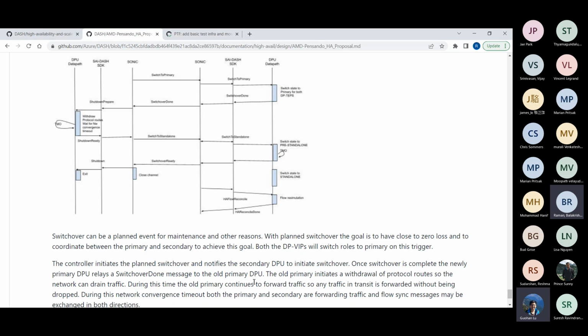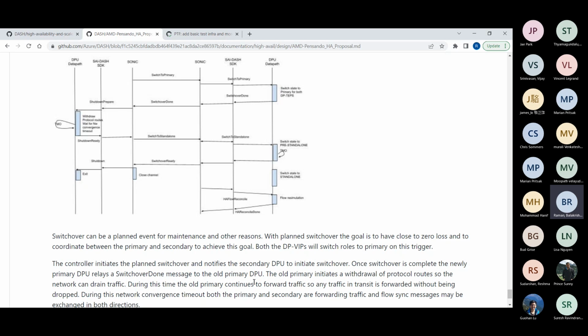Hold on, I have a question on this part. If at this very moment the standby becomes active, what about the previous active, which is still receiving traffic and will send traffic to the standby for sync? Will the previous active stop encapsulating the SIM packet and sending it to the standby?